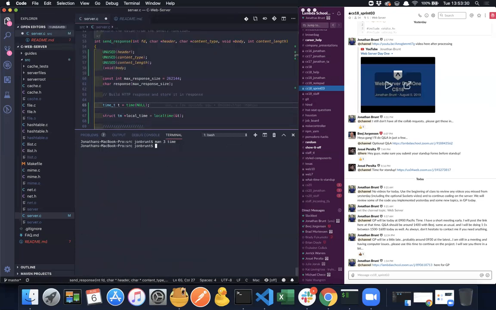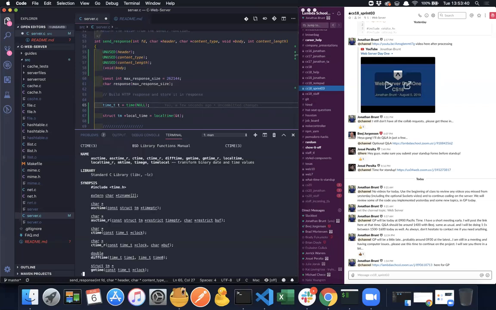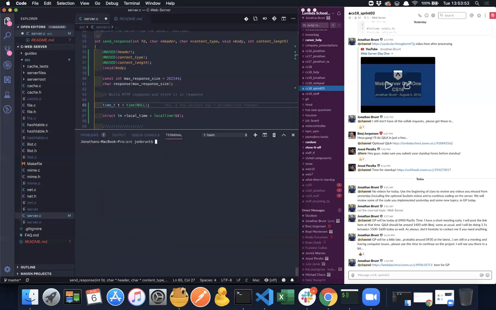To get out of this man page, you just hit Q as usual. So if you wanted to see man 3 localtime, same thing. So that's always a neat way. Beej showed us that a long time ago, and Beej has pointed that out at least once. I don't remember if it was in one of the QAs or a meeting that we had, but that man page is always useful to go to. So just another little thing that doesn't directly relate to this project, nor did the voids, but just good points to bring up. And then we will make a timestamp